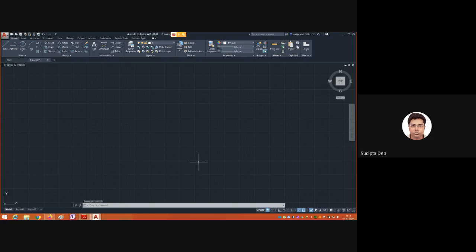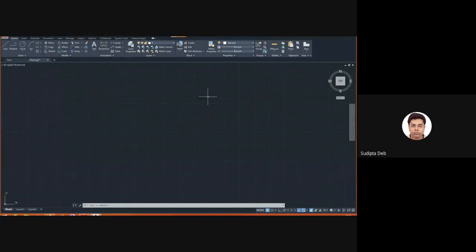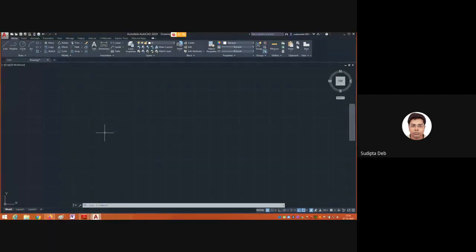Any other questions? No, sir. Okay, the top section is the menu bar. Then we have the toolbars: Draw, Modify. Here is the drawing space. Right now we are drawing in the top section, so it is a plane. In this plane I am going to draw. How to change it? If I press in that corner, you can see.